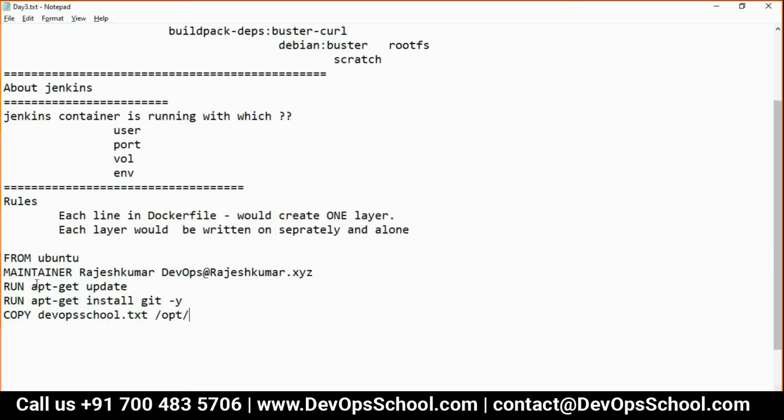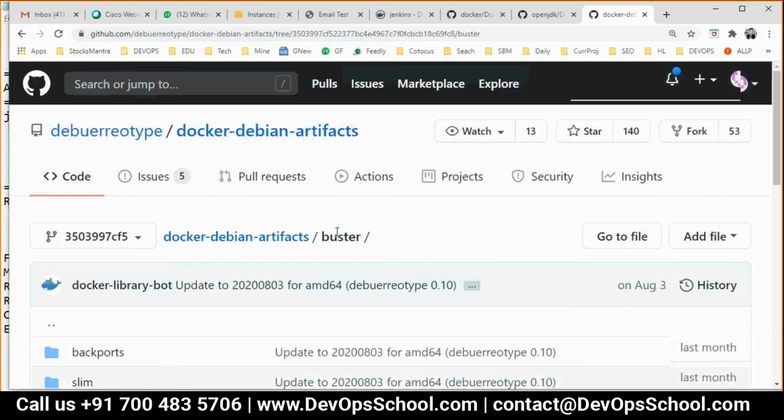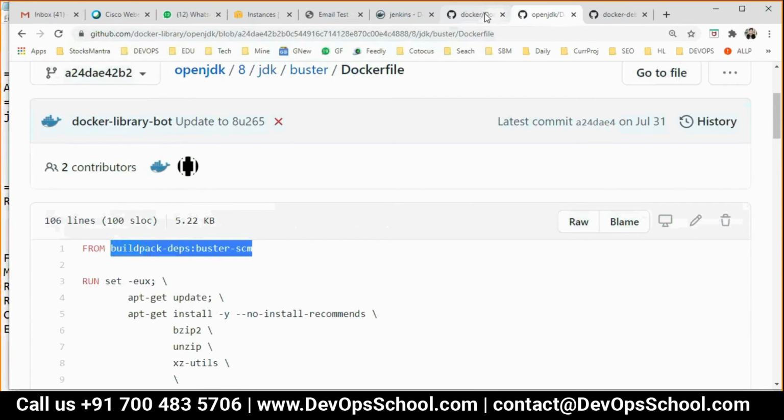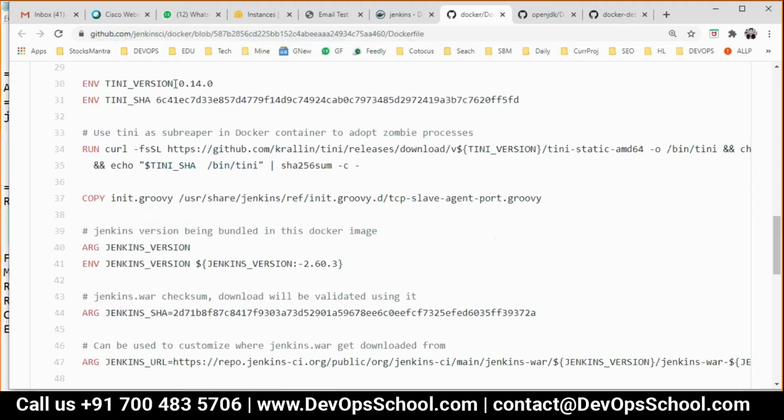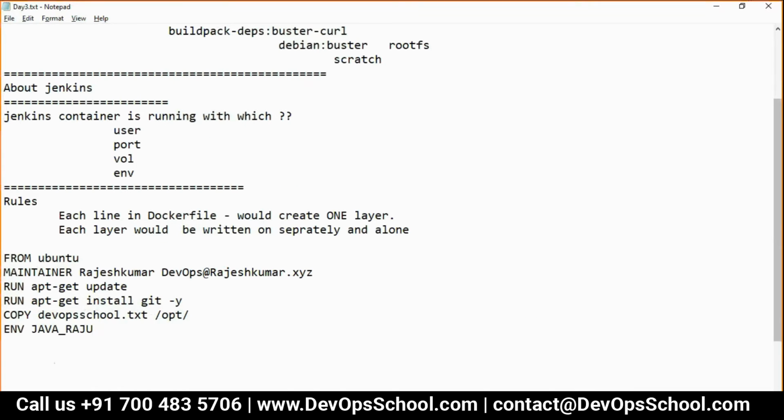Do you want to set some environment variable? Yes. How? This one, JAVA_HOME or a variable equal to some value, /opt/xyz.